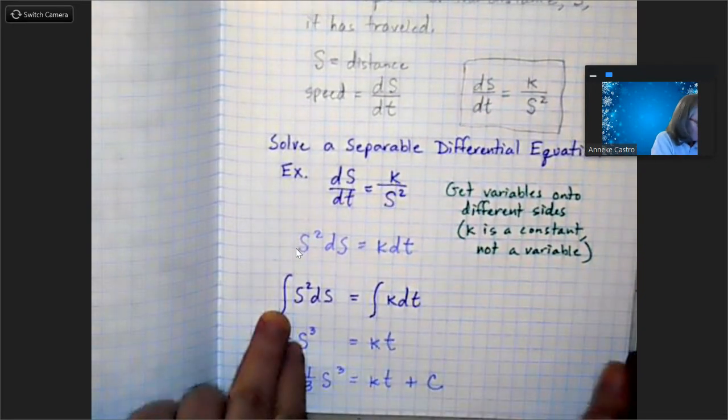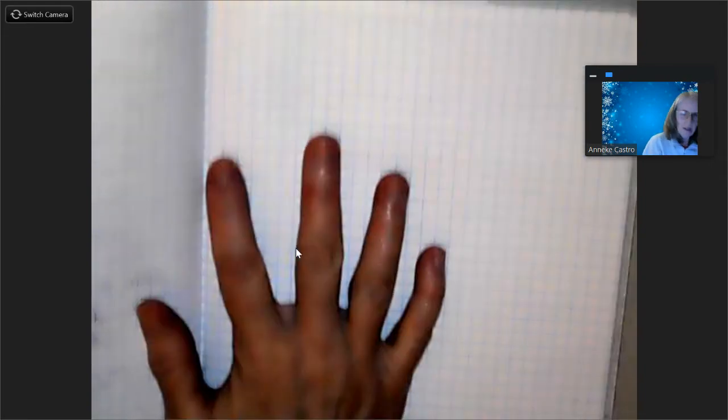All right, we're going to do our next differential equation, which is coming from the book. There are several examples in the book. In this one, it is going to give us a value that we are going to be able to use to solve for the constant of integration. Okay, so our next example